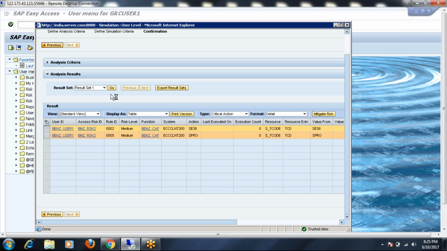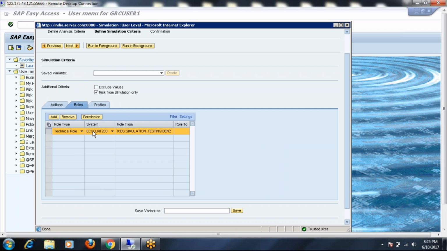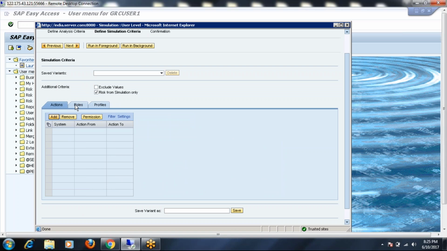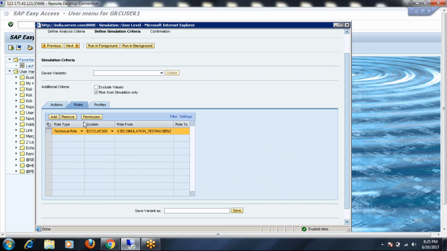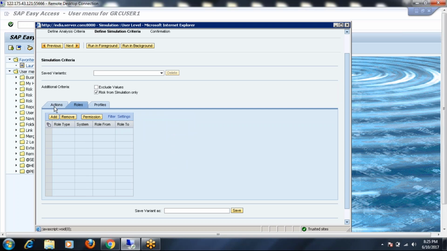Okay, now coming to exclude values. So far I have been saying when I add a T code, when I add a role, correct? But you can also use simulation for removing a T code and removing a role without actually removing it. Without actually removing the T code, you can check what will be the resultant risks. So let me see. Your user has access to T code SU01, correct? Security transaction. If I remove SU01 from the user,